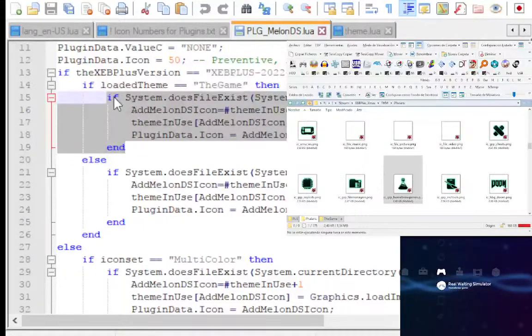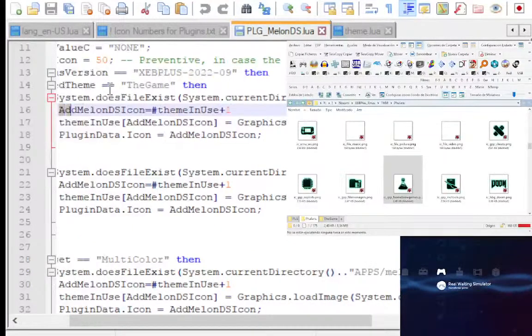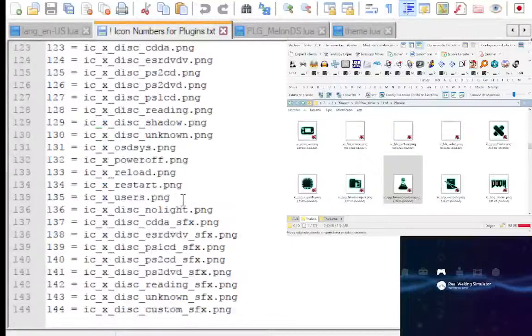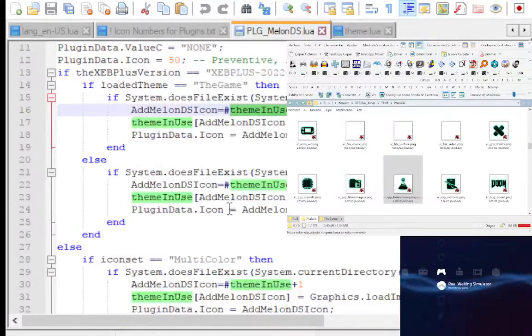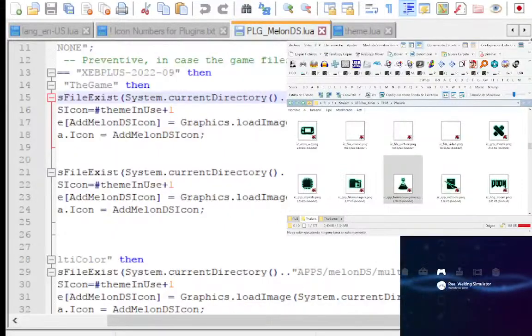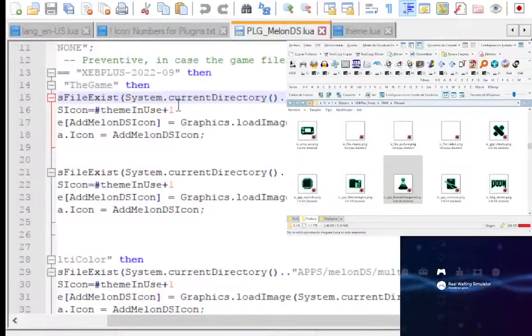So we check if the file exists in this path, and if it does, we want to add this icon. We take the amount of icons in the icon table, like in this table, that is this one, and then we add one, meaning that this file here is about to become this. Get the point? So we add one,